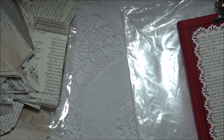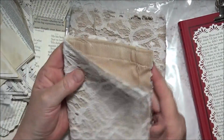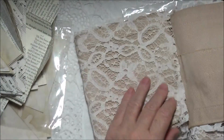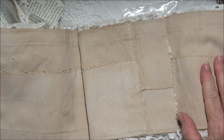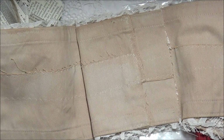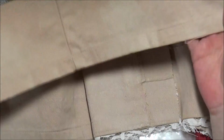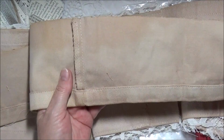I've also started making a little fabric book, and I kind of get distracted a bit at the moment, and this is how I'm making it. And this fabric here is actually, let me show you, I've got a bit left here. This fabric is actually the bottom of my husband's work pants, and they were white, you know, white painter's pants,